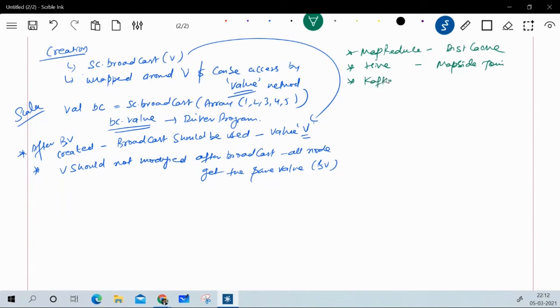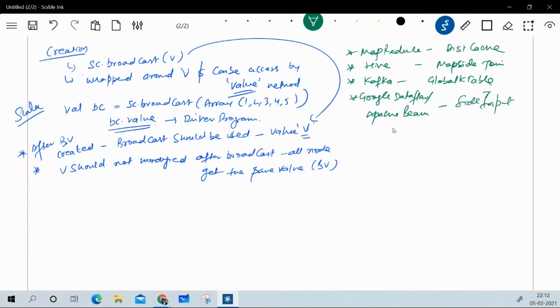In Kafka, it is a global KTable, or even in Google Dataflow, which internally uses Apache Beam, it is called a side input.